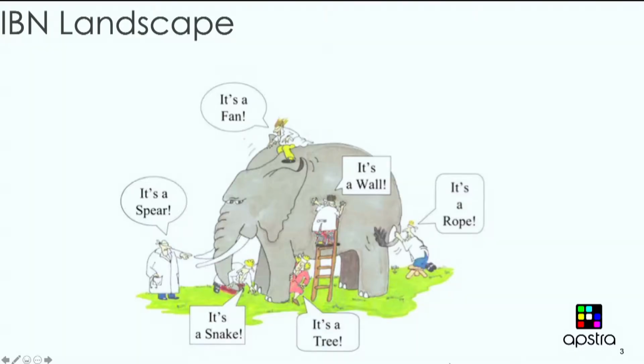So let's review the landscape of IBN today. We have a number of companies, a number of solutions that take different views on what IBN is and try to solve different pieces. However, if you cannot address all of your network, including services, including infrastructure, you get a partial view, and this is pretty much what you see in the picture. You might see a leg, you might see some other part of the body. You won't see everything you need. The goal of IBN is to take a step back and have a holistic view of your infrastructure with services on top and business logic on top.